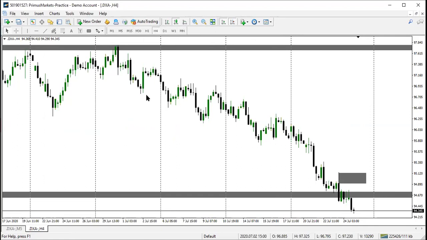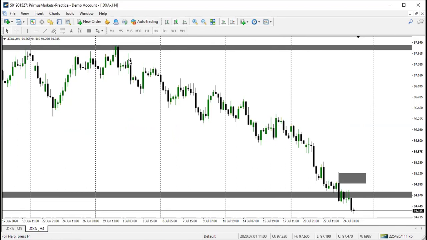So that is what I want to see on dollar index, and this will be applicable to all dollar pairs also. So far it is bearish. So we want to see Euro USD buying and we want to see USD CHF selling. So this is what we want to see as the case may be.